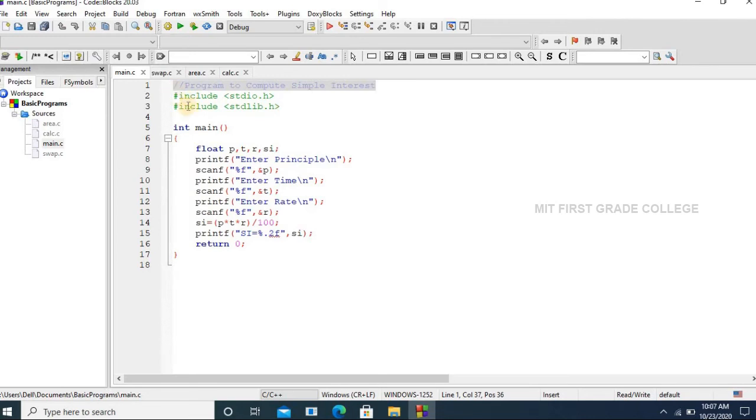In Code Blocks by default this comes automatically, so no need to specifically type all these things. Then you have the main section. In this main section, as discussed in the theory class in the video, I have written the same program along with the format specifiers along with formatted output instructions. So this is the output for simple interest.